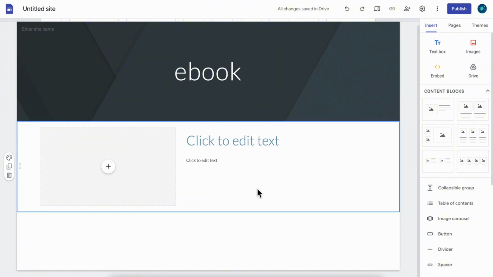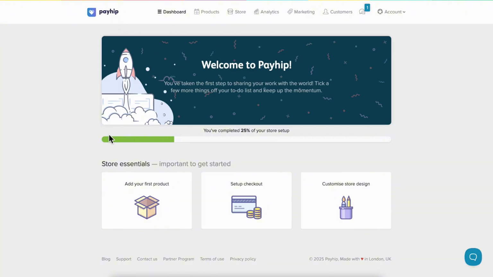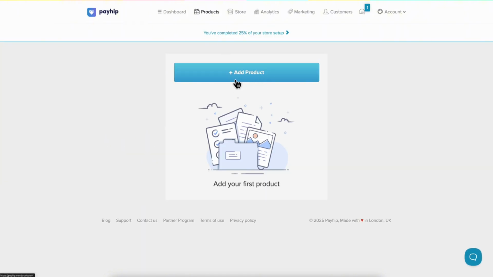Now, what we're gonna have to do next is simply add a button. So we're gonna have to simply make sure to type in buy now, and here we're gonna have to enter a link. Now, in order to do that, we're gonna have to use this website. I'm gonna leave the link to it in this video description. So once you create your free account, you're gonna have to simply go to products, and then here click on